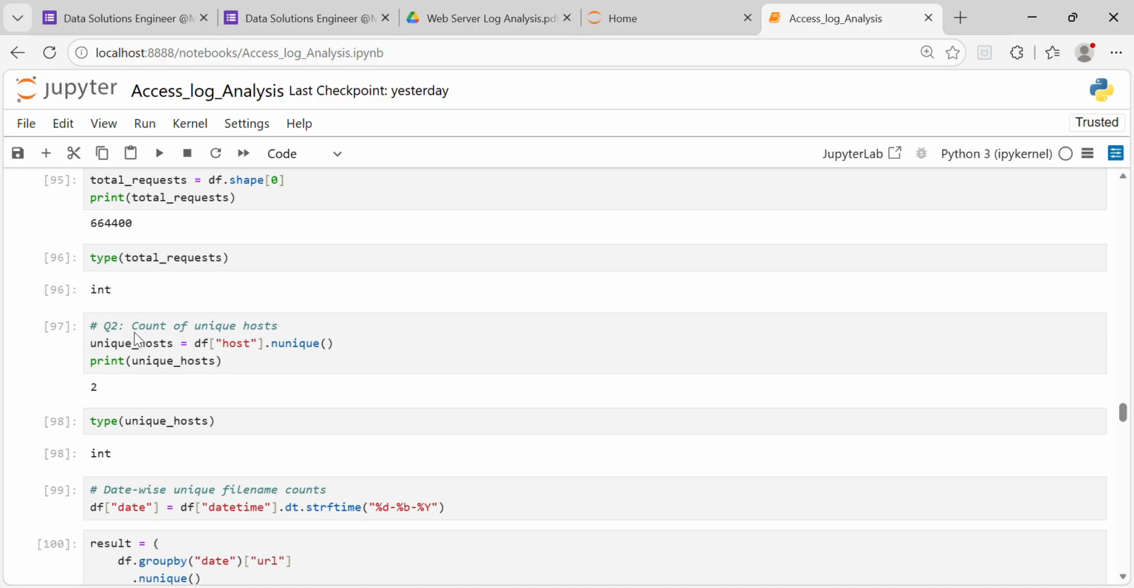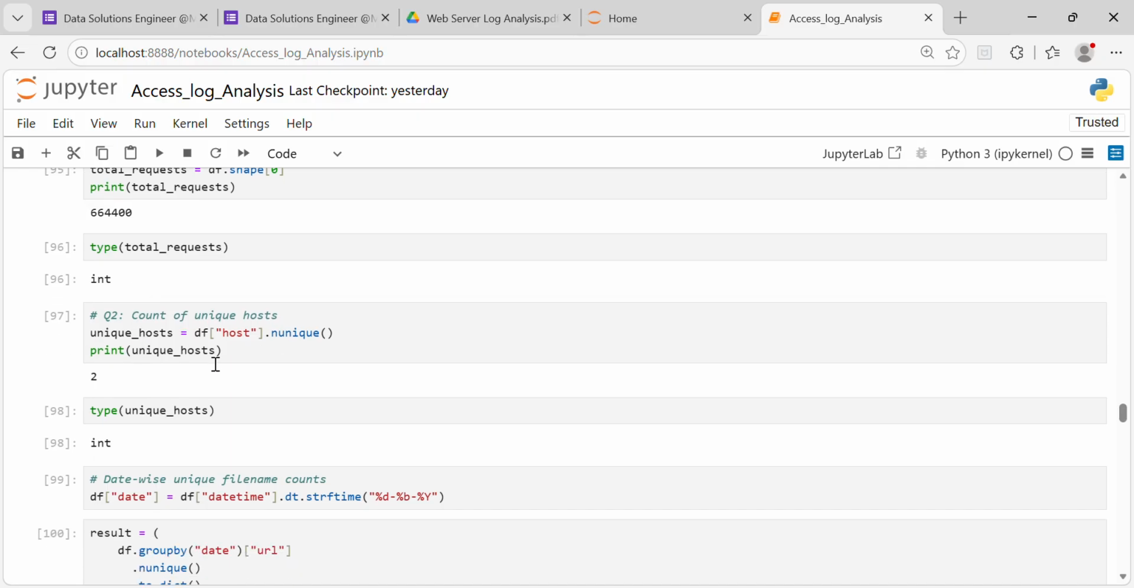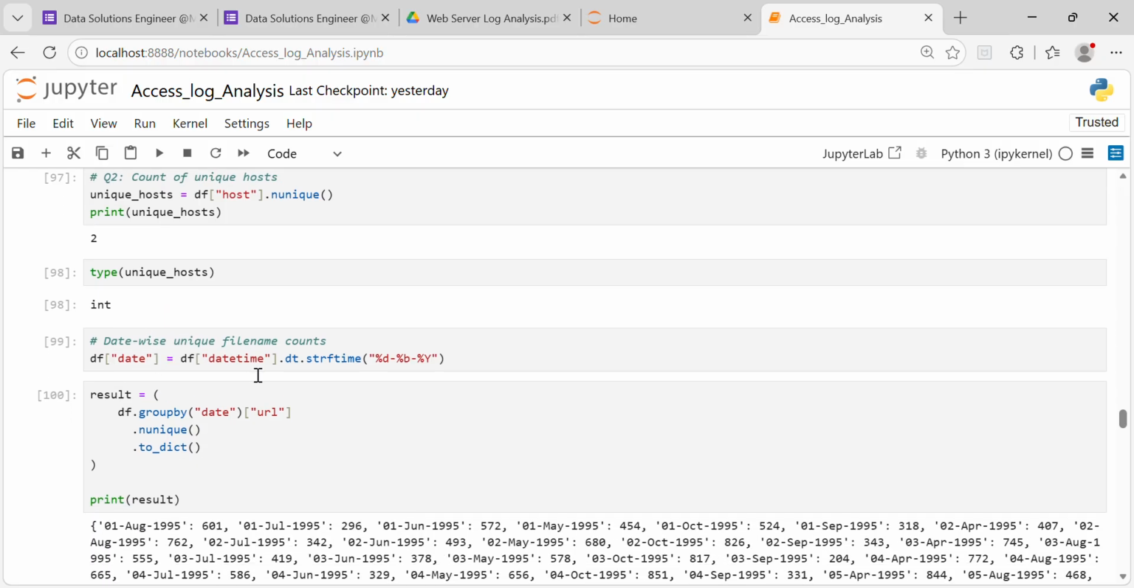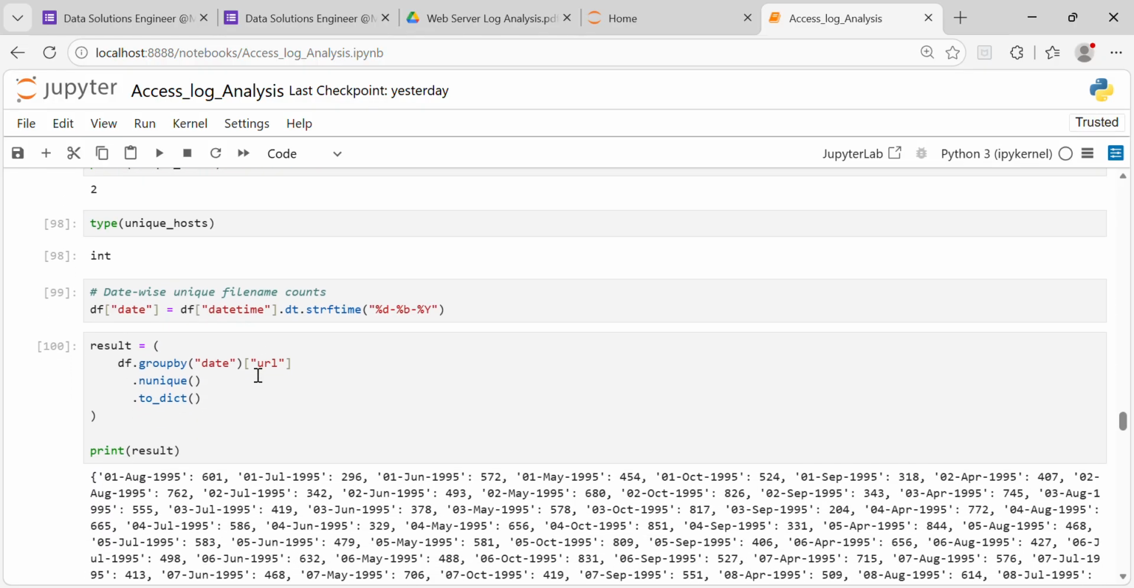Now in the second question, we are finding the count of unique hosts, that is, the distinct unique hosts. This helps measure unique users or systems, and the return type is again an integer. In question 3, we are finding the date-wise unique file name counts, and for each date in July 1995